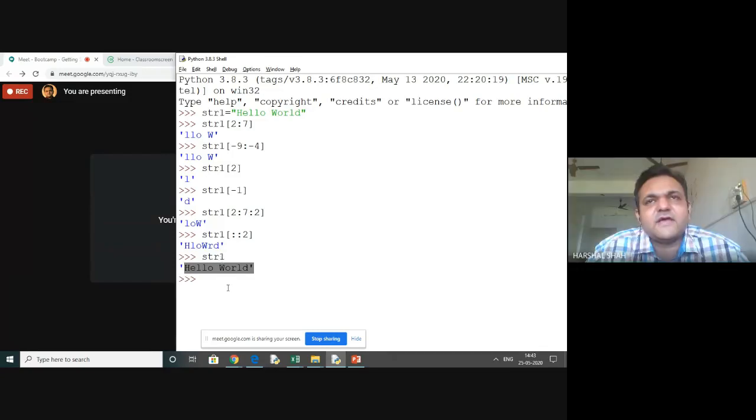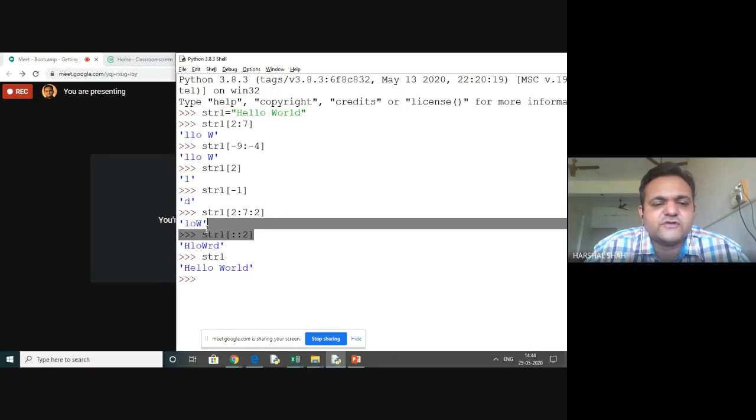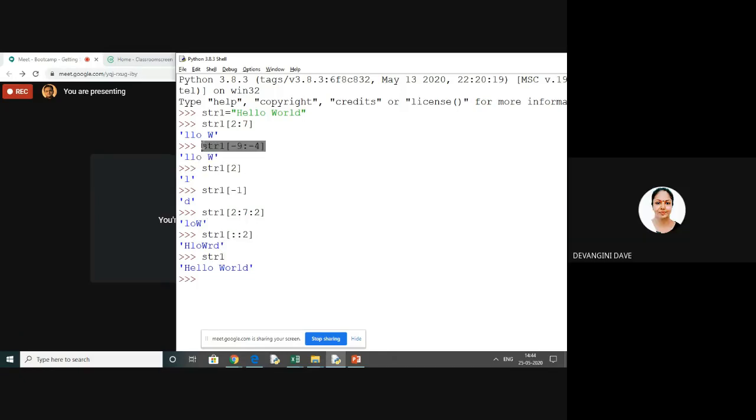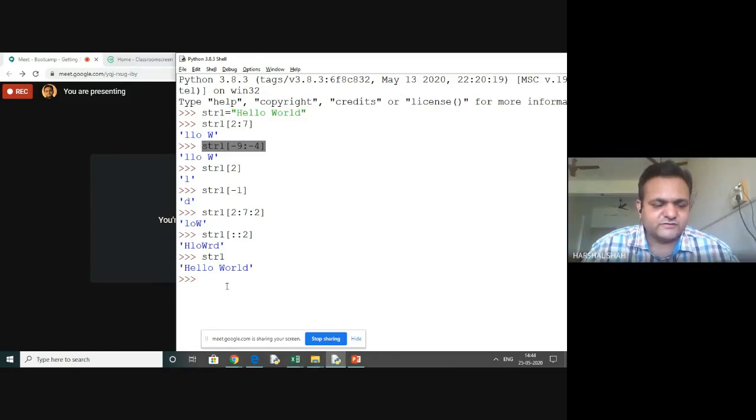There you need to write at least 10 lines of code to execute this thing. And here you have used just one slicing operation and you can find the necessary one very easily. That is the advantage of this. This is called forward slicing, backward slicing.